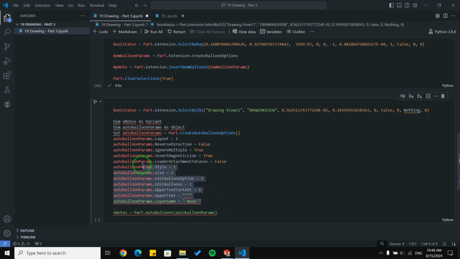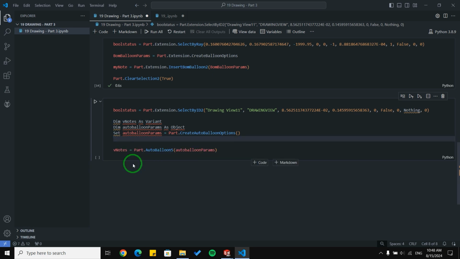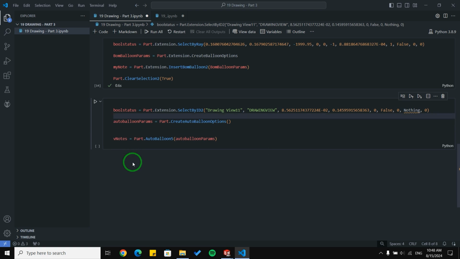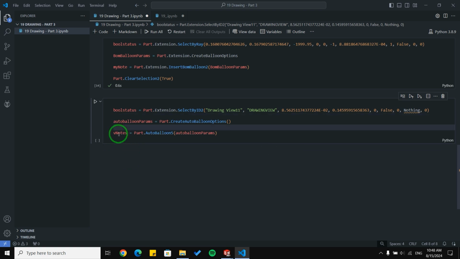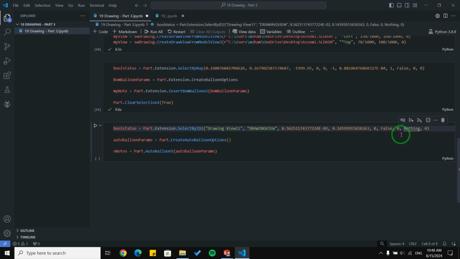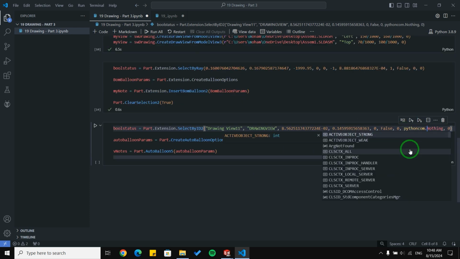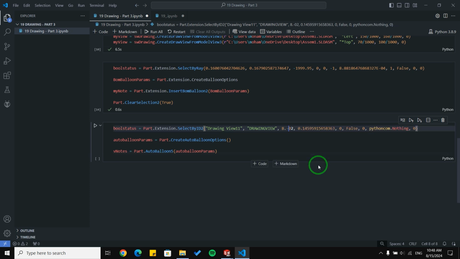We don't need the options. We don't need sets. We don't need these two lines here. And we just need these three lines. Okay. I'm going to say Python com.nothing, and you can change these numbers to zeros.